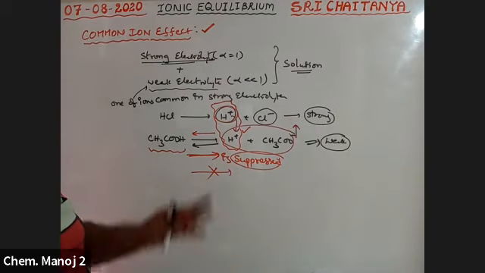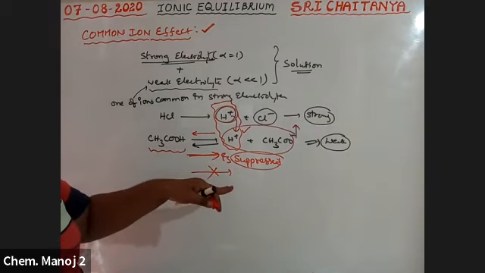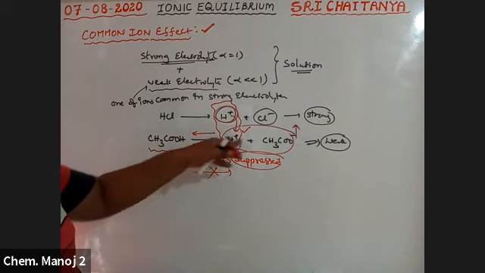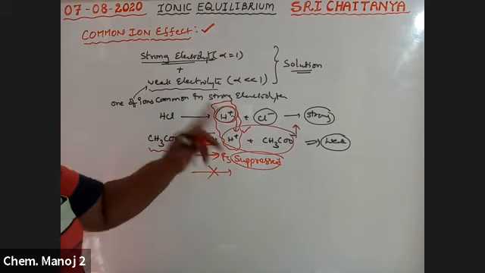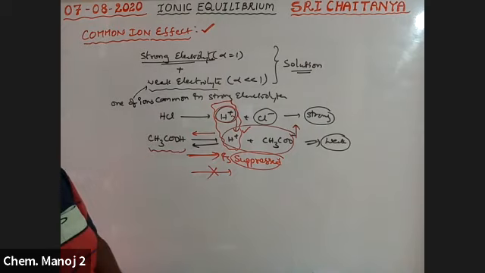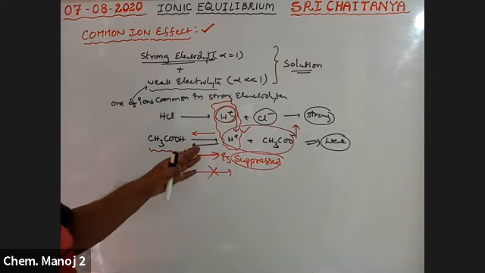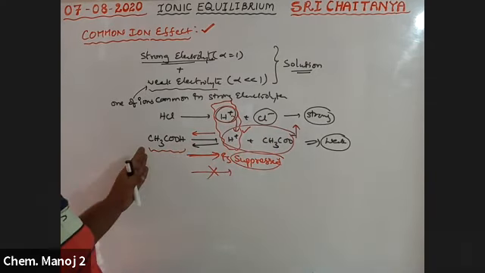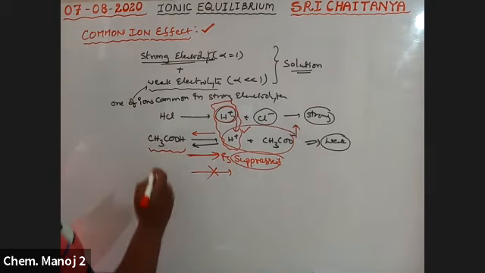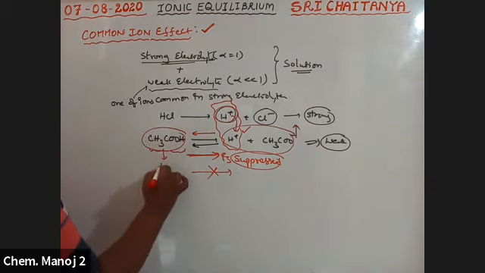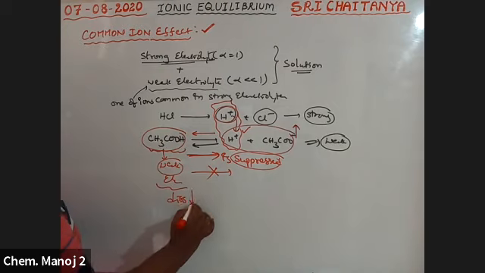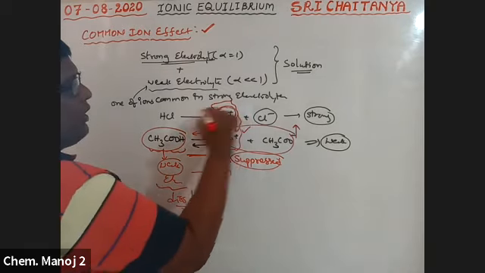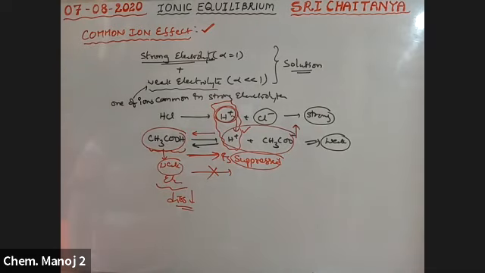That means the dissociation of a weak electrolyte is suppressed because of another, strong electrolyte having at least one ion in common. That common ion is automatically on the product side, so the backward reaction takes place. When the backward reaction takes place, only association is visible. The dissociation of the weak electrolyte CH3COOH decreases because of the addition of this common ion, which is called the common ion effect.